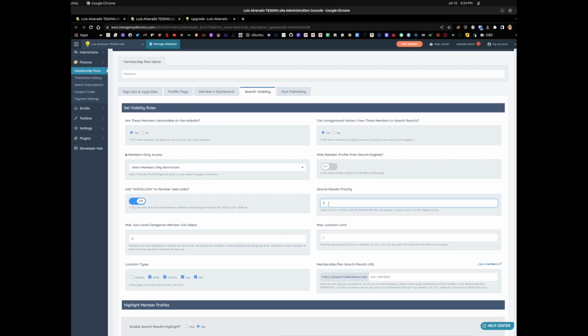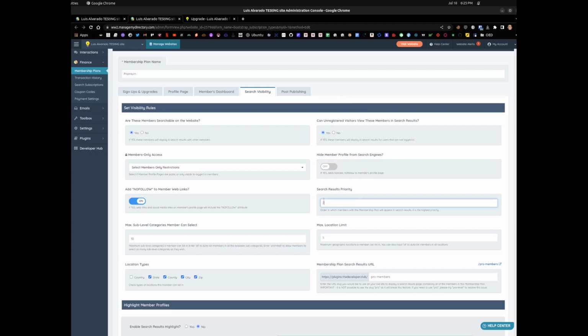The lower the number is, meaning 0 would be the highest one, the higher they show on the search results. So it's basically the reverse here. 0 would be a membership level where the members actually show first. Then 1 would be the second group of members, on a membership level that shows second, and so on and so forth. So the lower this number is, the higher they show